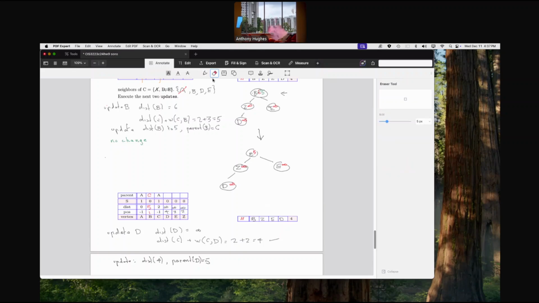I'll write this down carefully enough. The distance of D equals 4. There it is. Distance of D equals 4. So this, I'll do it in green, has become 4. Everybody okay with that? By using C, because that's the one we popped at the top, we now get the